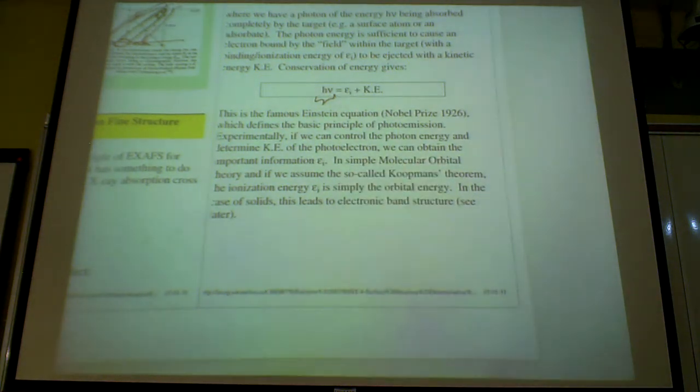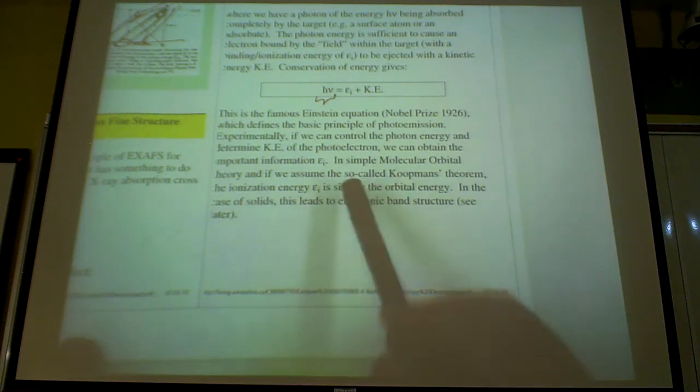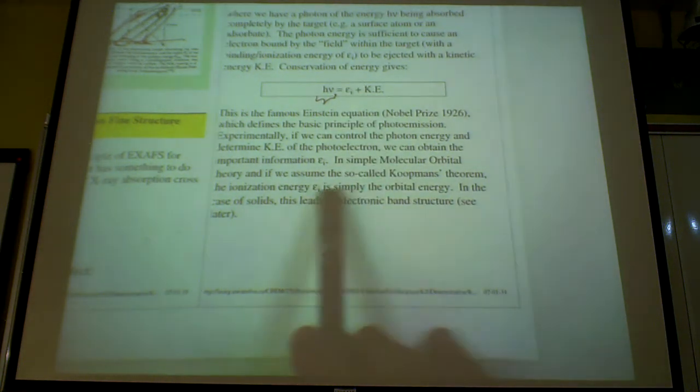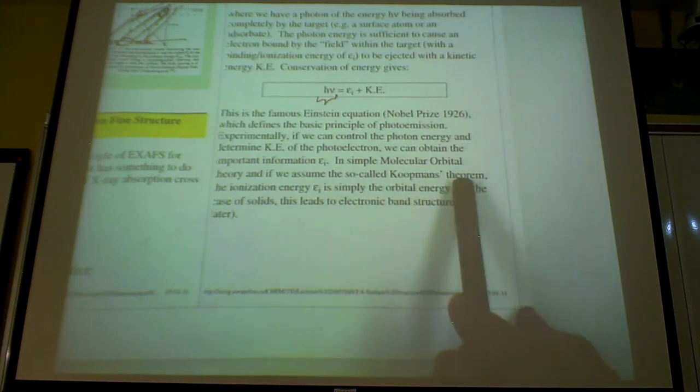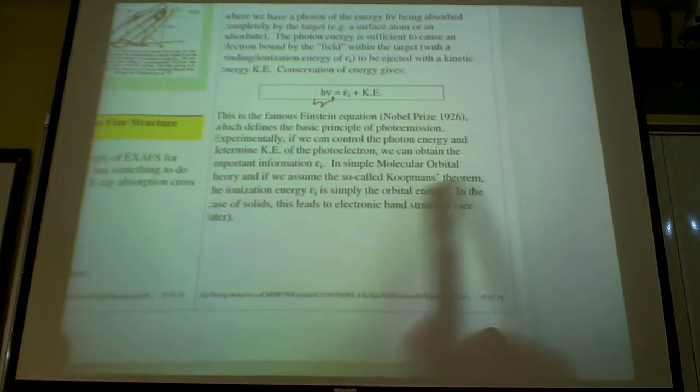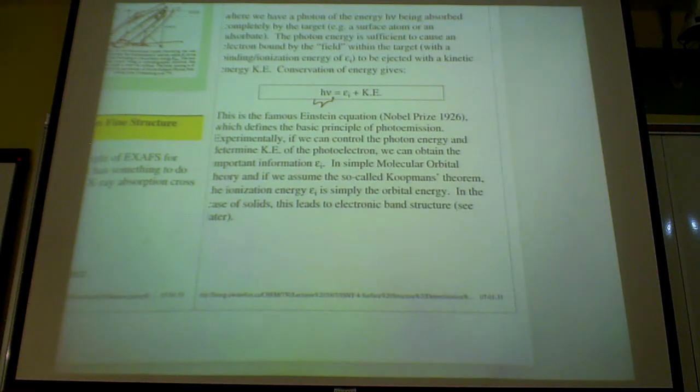So in simple MO theory, molecular orbital theory that we learned in first year chemistry, we can say that this binding energy, in fact, is the orbital energy. And if you make that assumption, you get the so-called Koopmans' theorem. Koopmans is also a Nobel Prize winner. It's an interesting story behind Koopmans. Koopmans published a very short letter in, I think, 1937 or something like this,